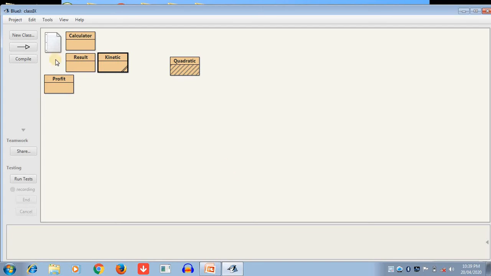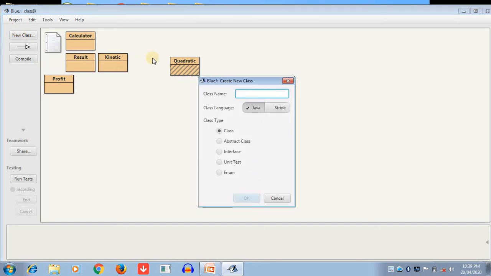Now students, I have already opened BlueJ, and first we're going to create a class named Math_example. We cannot write the class name as Math. Math is a keyword and also a class of Java, so we cannot use this class name.